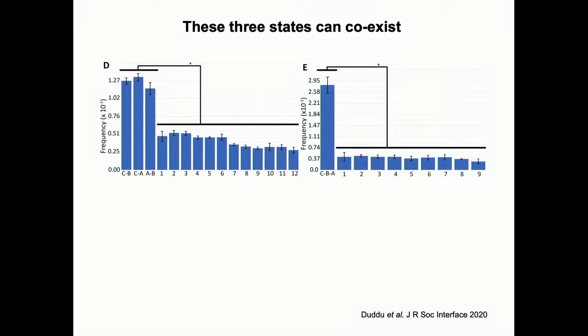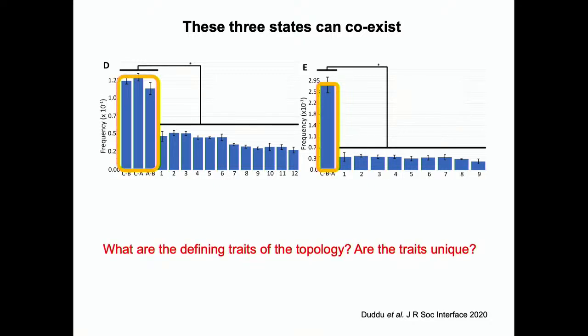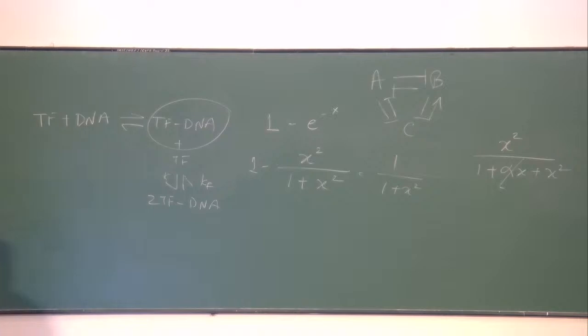It indeed is the combination of those 3 states. Most frequent bistable states is the combination of any of those 2 states taken together, etc., etc. And then the next question we asked was, how unique are these properties to this structure? So let's say if I were to take this structure, A inhibiting B, and now if I convert one of these links to activation, do the properties change? So you could do these perturbations.